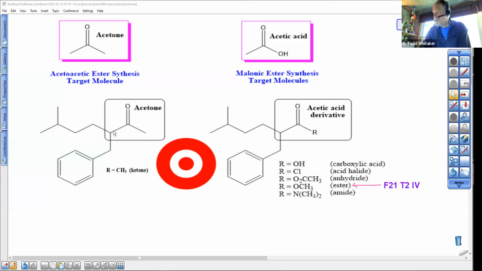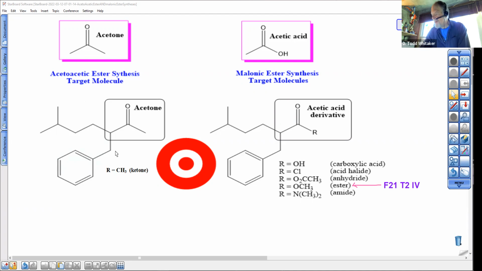Here we are. We have a request to do a video of an acetoacetic ester synthesis or a malonic ester synthesis. And here is a summary of the targets you would see for an acetoacetic ester synthesis. You can clearly see acetone circled here. Acetone is an indicator of an acetoacetic ester synthesis target molecule, and you're going to be putting these two new